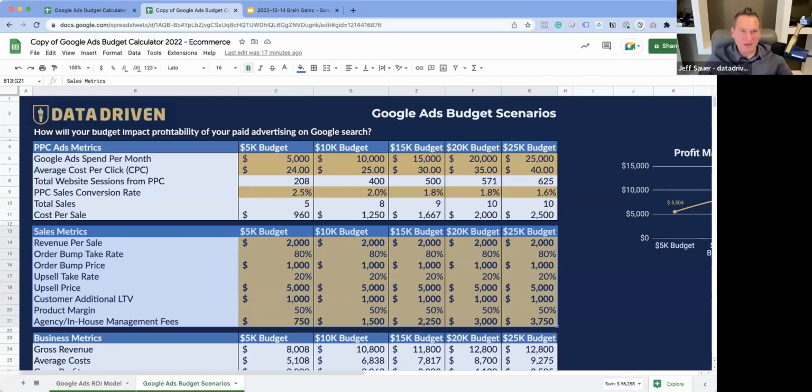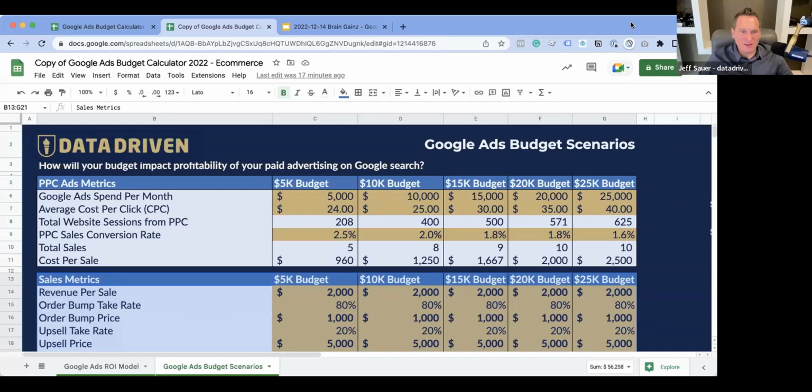Jorg says, did you ever test the calculator for special niches in B2B where demand might be low and CPC is high? I assume the model works better if demand is really high and you can scale campaigns over budget. But I want to know, what are the limits of the calculator? Yeah, so Jorg, let me show you, because I found this worked a lot better for really low volume stuff than high volume stuff, actually.